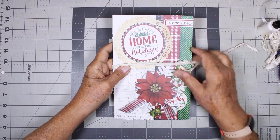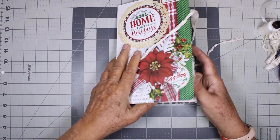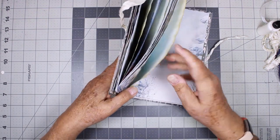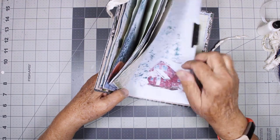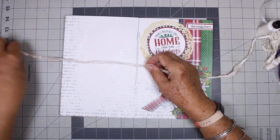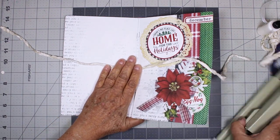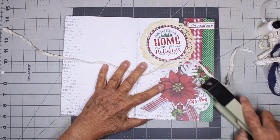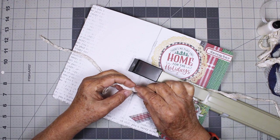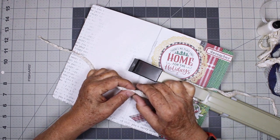I'm going to staple it on there. As long as this is a stapled book, we'll staple on the closure. All right. So this is my long reach stapler that I used to bind the book. I'm going to try to fold the sari silk so it's not quite so bunchy, but